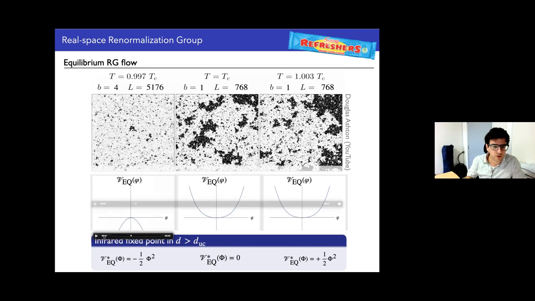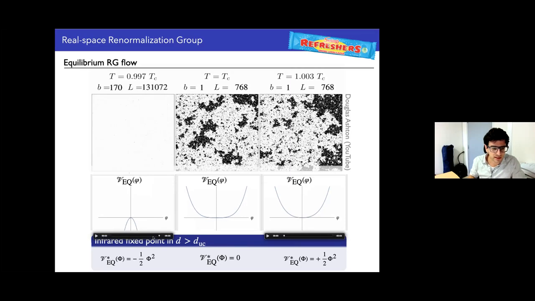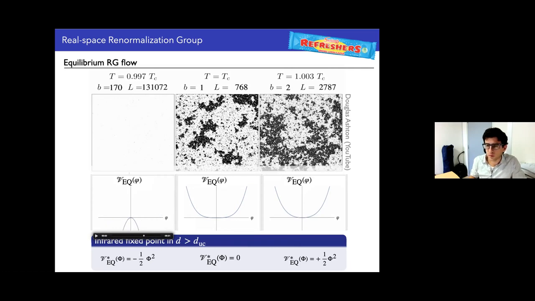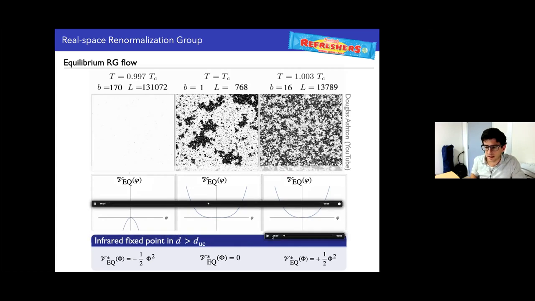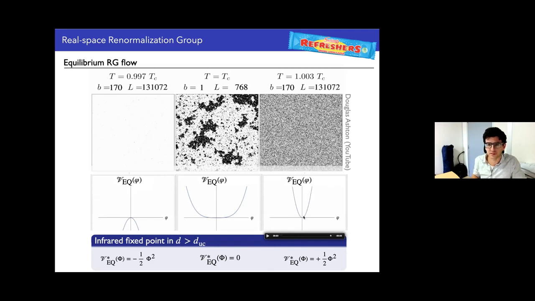And what you see on the lower side, oops, everything is going at the same time, sorry. What you've seen on the lower side here is the normalization of your potential, all right? It was a quartic potential, and after zoom out, it went to an inverted parabola. Now we're above critical temperature, we're zooming out, and the potential is now becoming sharper and sharper, right? You're localizing your solution at the paramagnetic fixed point.